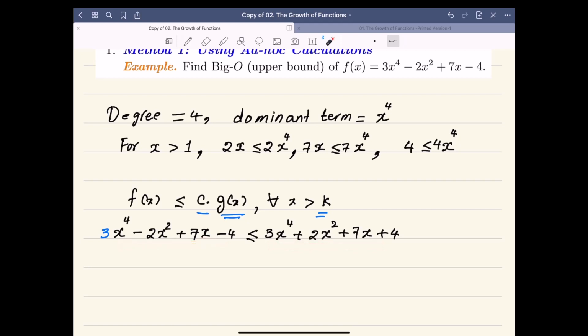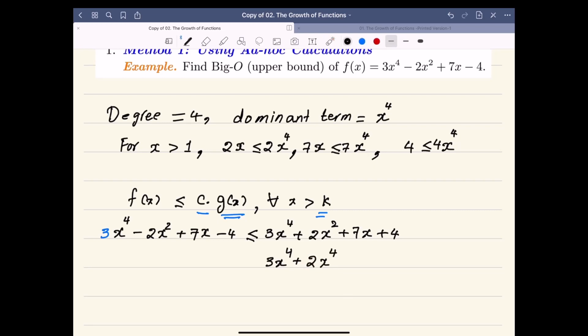Because the polynomial on the left hand side has some negative numbers, and when you change it into positive, then you are increasing the value of this polynomial, so it is less than the polynomial on the right hand side. Also, from this relationship between the dominant term and the others, I'm going to keep 3x raised to power 4, but since 2x squared is less than 2x raised to power 4, then I'm going to replace 2x raised to power 2 by 2x